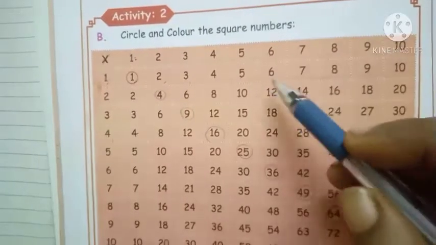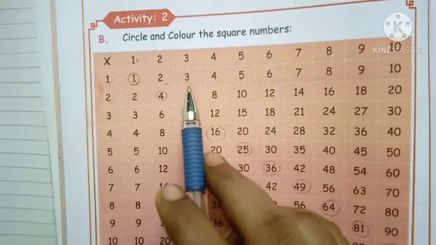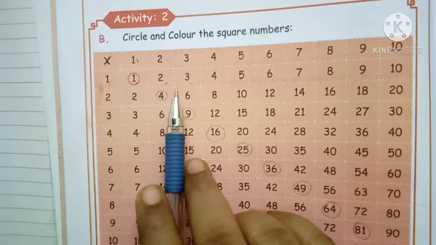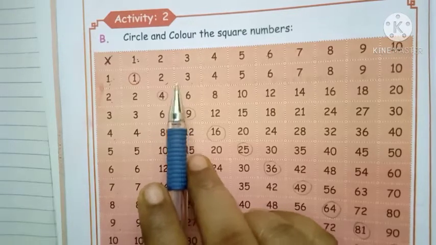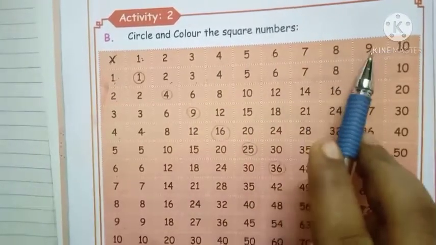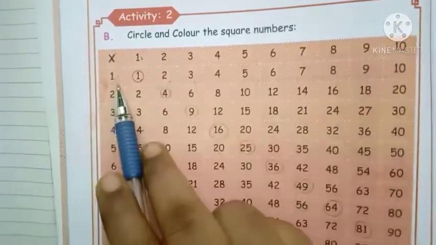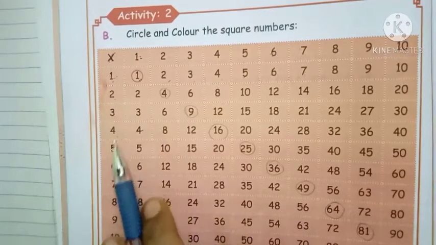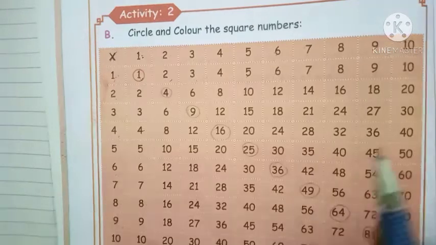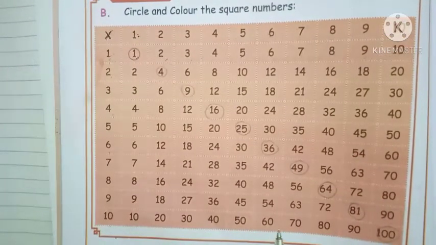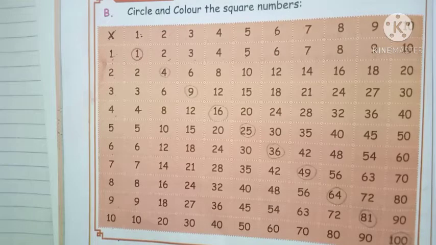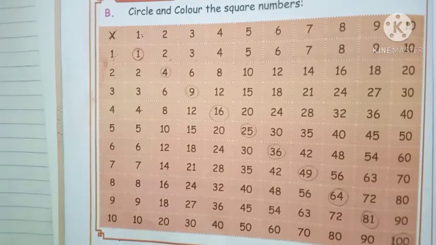Then I show the activity. Take a sheet. Then draw the boxes: 10 rows and 10 columns. Then you find out the square numbers. Write the numbers 1, 2, 3, 4, 5, 6, 7, 8, 9, 10 for columns. Then 1, 2, 3, 4, 5, 6, 7, 8, 9, 10 for rows. Then it is easy to find out the table. This helps to learn this unit and do the sums the easy way. Okay children, first you do this activity.